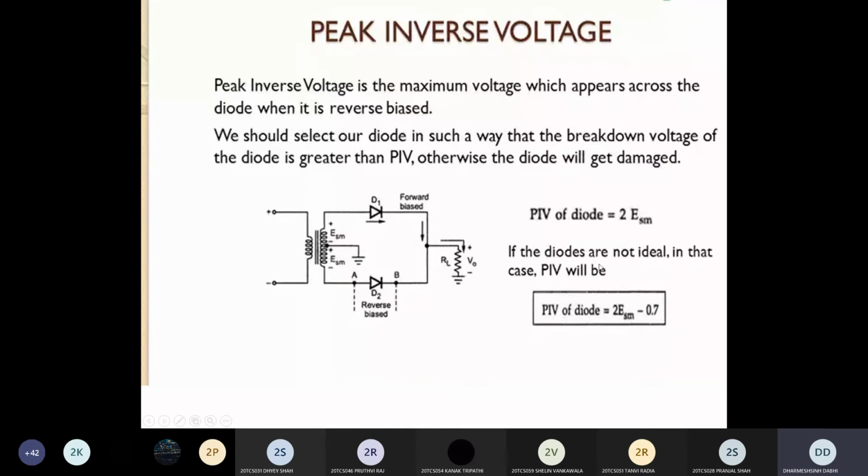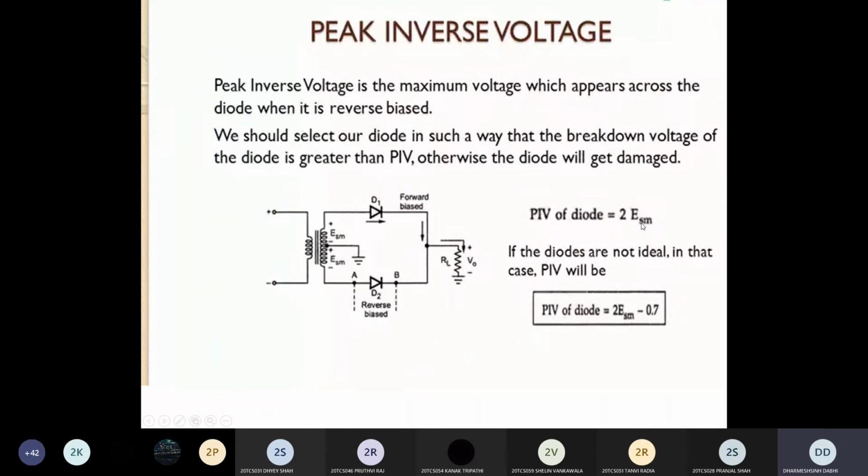Clear? So if the diode is not an ideal switch, then as you know, the voltage drop across the diode D1 is how much? 0.7 volt. Clear? So at the B point, how much voltage comes? 100 minus 0.7. Or you can say the voltage across the diode D2 is equal to 200 minus 0.7, or 2 times supply voltage minus 0.7. Clear? But the value of 0.7 is very negligible compared to this 200 volt. So generally we take a diode with a rating more than the peak inverse voltage rating.